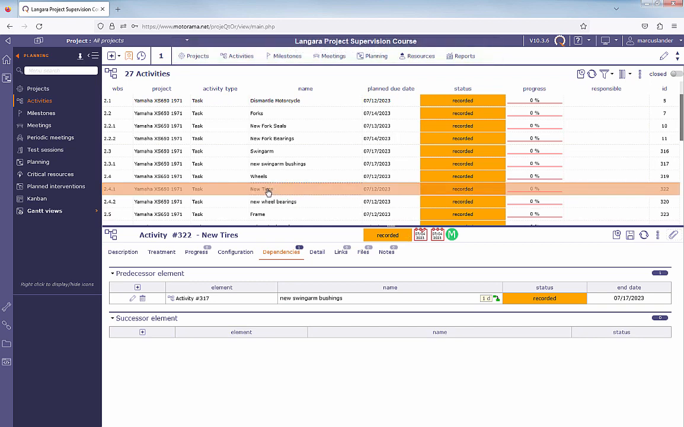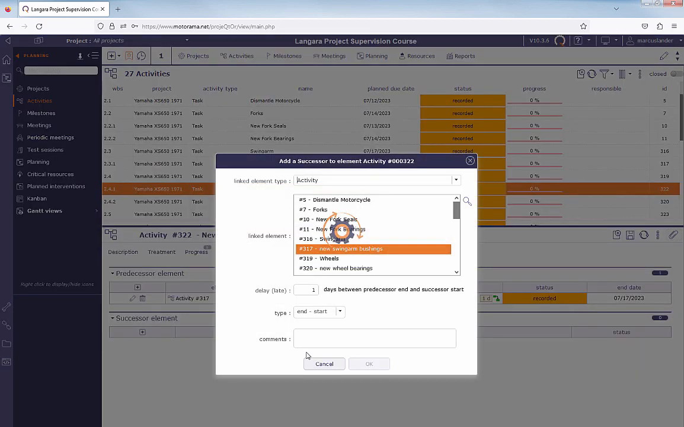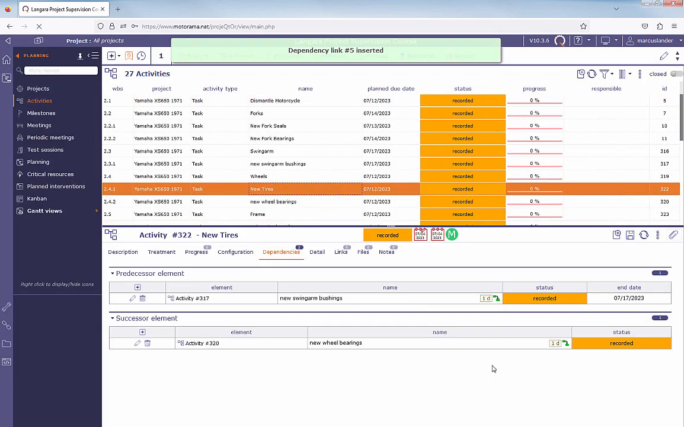And then it's also going to have a successor of new wheel bearings. And no delay in that one. I can do that myself. I don't have to get to a shop and wait. But there will be other tasks that have a delay. So now when I save these